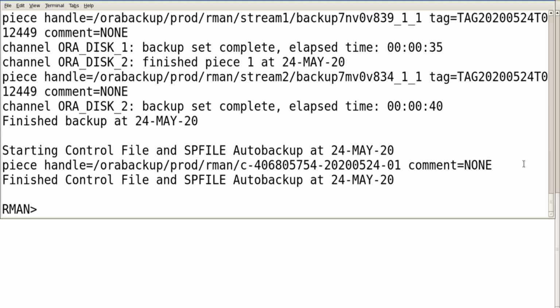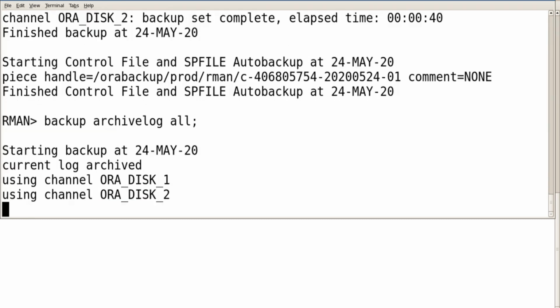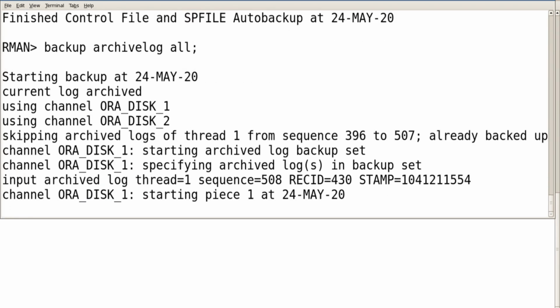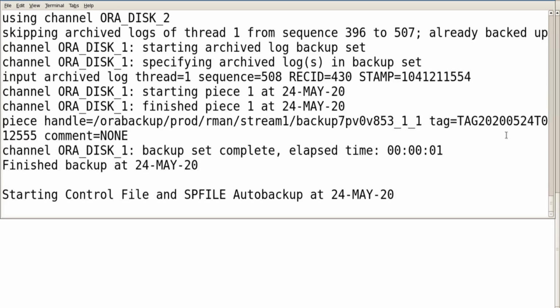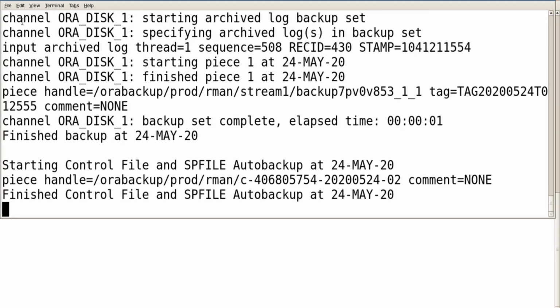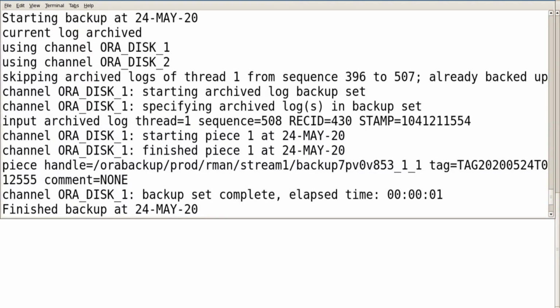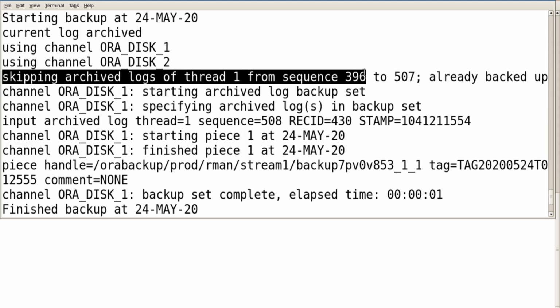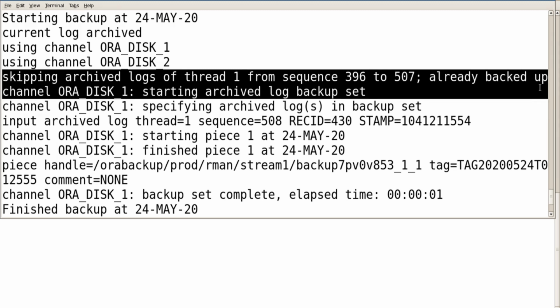We'll repeat the same backup, BACKUP ARCHIVELOG ALL. Repeating the same backup, you can see it was skipping the archive logs which have already been backed up. You can see it's skipping the archive logs of thread 1 from sequence 396 to 507, already backed up.